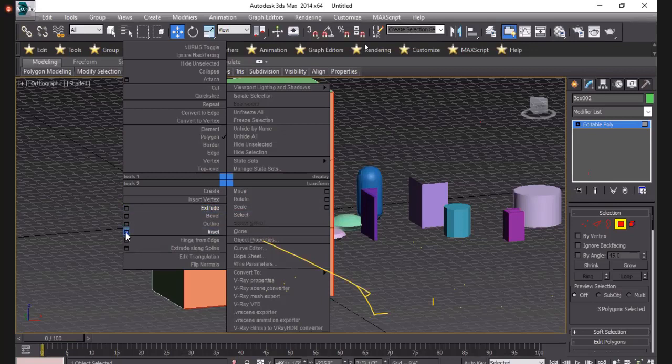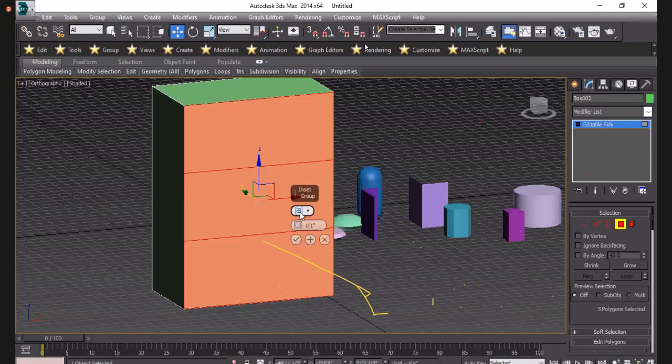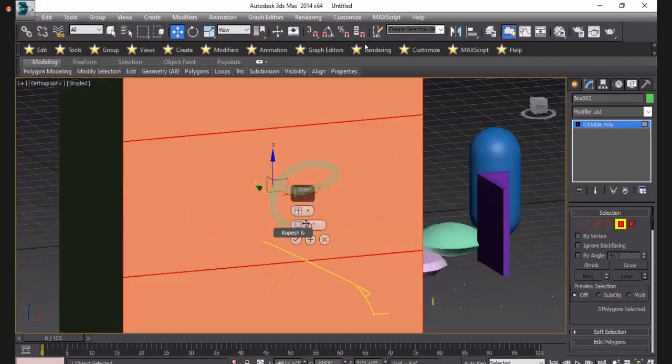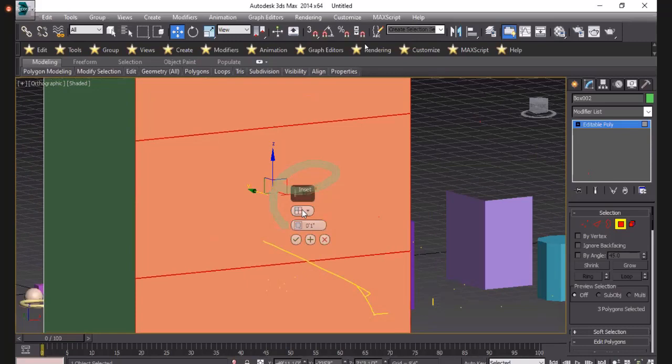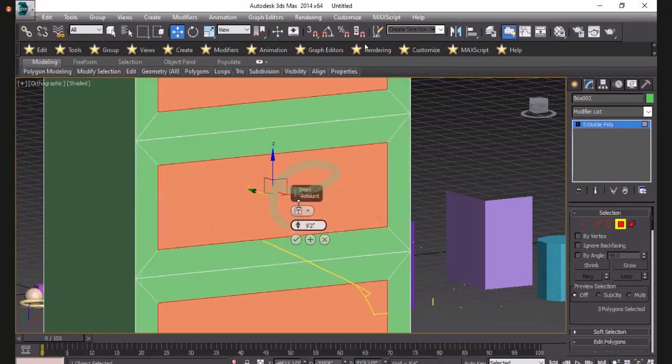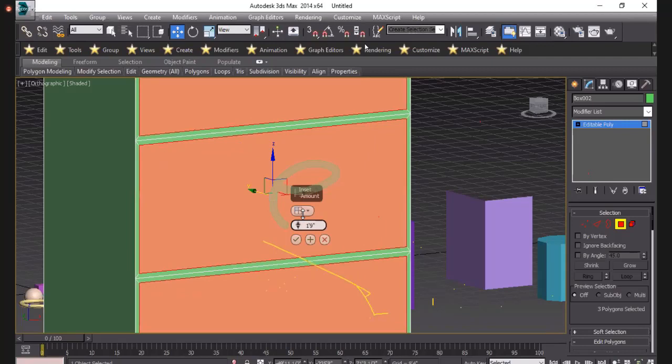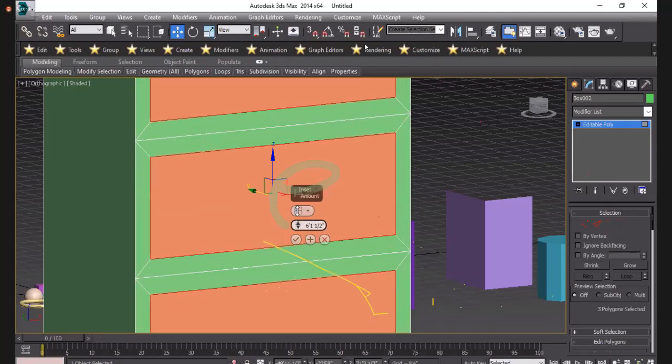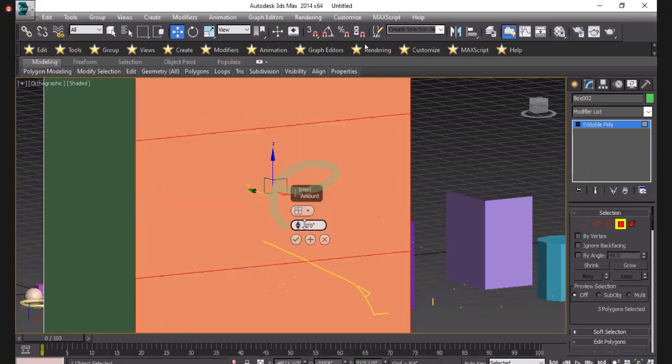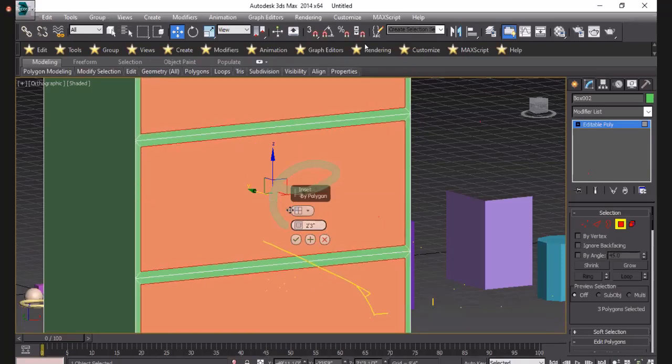I will click on insert, tap on insert, and if you see there, the edges of the box will change.